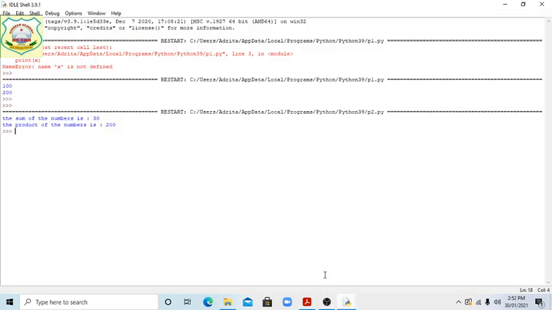We are showing this, students. See everyone, this is interactive mode. We are writing a equal input. Okay, a equal input. Then, students, enter the first value, your first number.